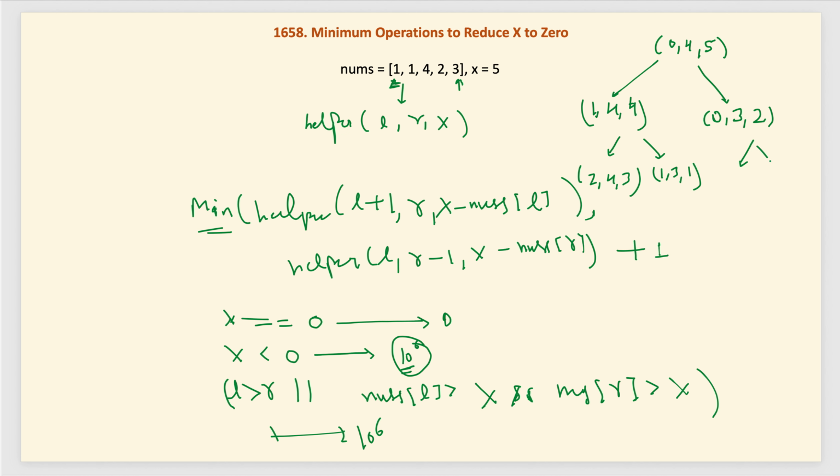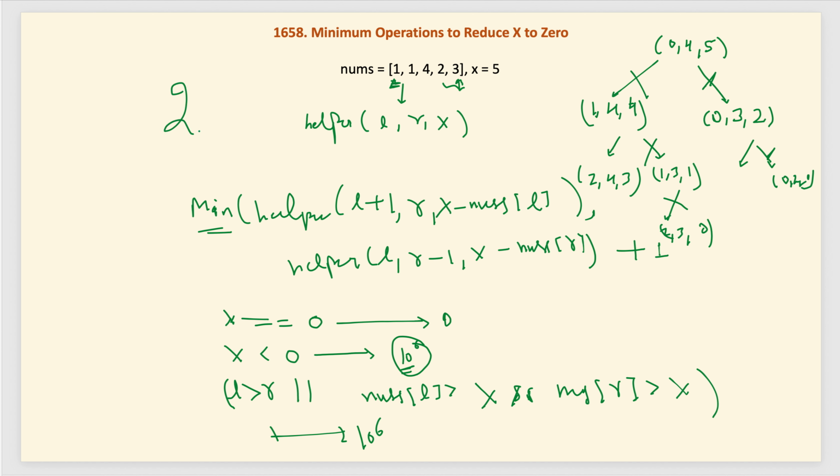Then here also we can keep going, and in the end, in this branch, if we take the leftmost again, this becomes 2, 3 and 0. So this is one solution we found by taking 3 elements, like 1, 2 and 3. But if we go here and choose another, this becomes 3, 2, 0. This one we get by choosing only 2 elements, 3 and 2 from the end. So the minimum is 2.